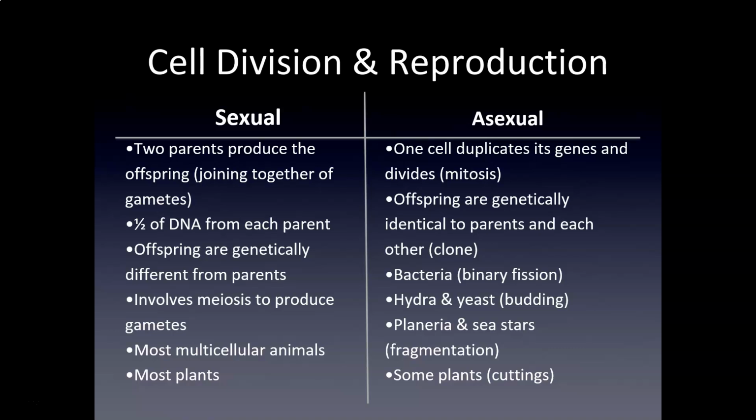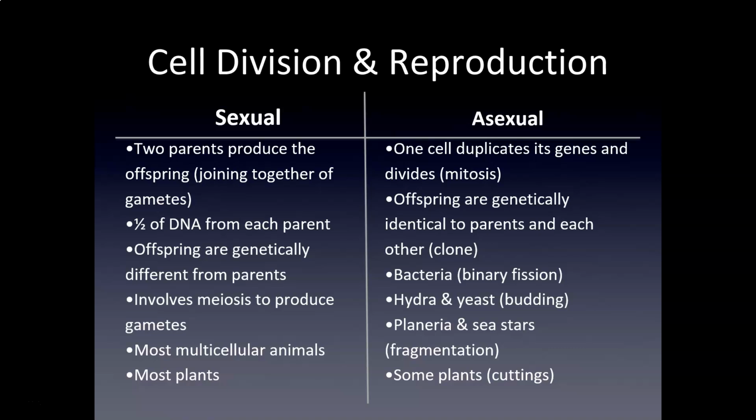So we are going to need meiosis in order to produce those gametes, so that those gametes then only contain half of their genetic information to make the offspring. And most of the organisms that kids think about, if I were to ask you to list 10 organisms off the top of your head, you probably would list all 10 that are sexually reproducing. So most animals, most plants. Some of them can kind of do both. They can both sexually reproduce and asexually reproduce.